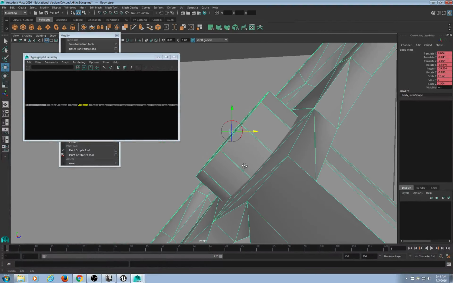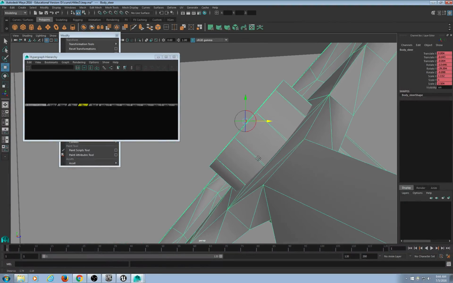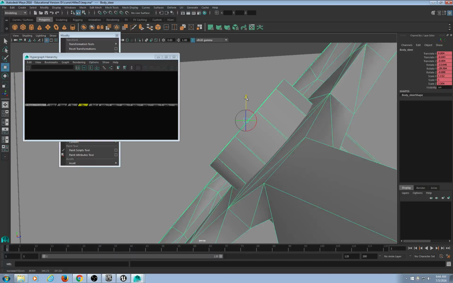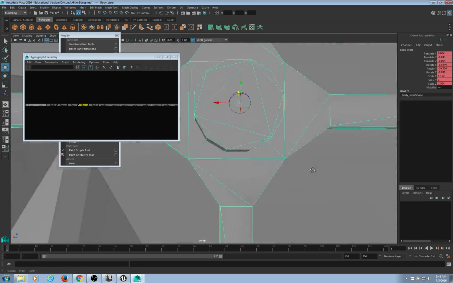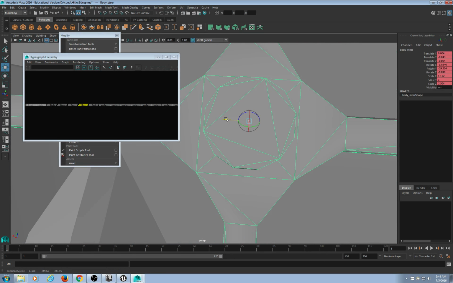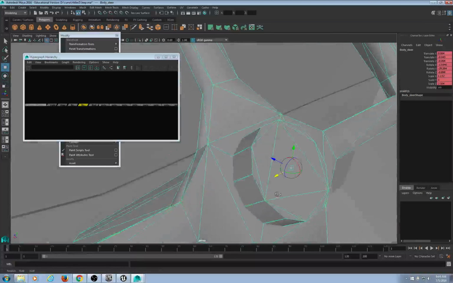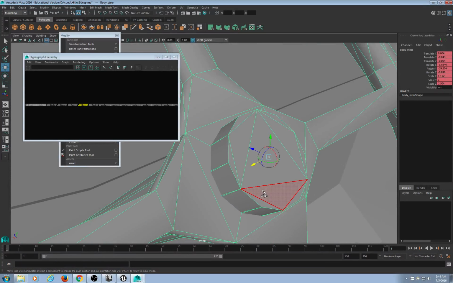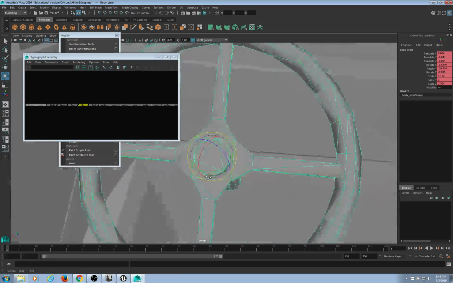So select the steering wheel, modify. Yeah, you do modify, center pivot, and then once the pivot's centered, click insert on your keyboard, and then it should allow you to move the actual pivot point for the object. If you hit insert again, it will set it, and then when you rotate the steering wheel,